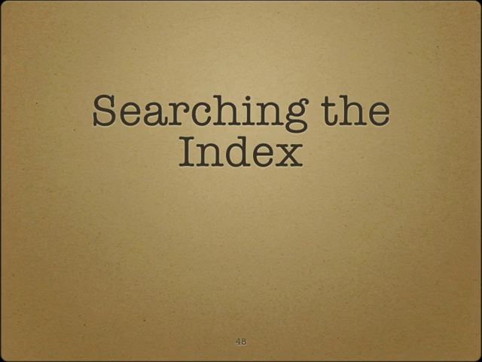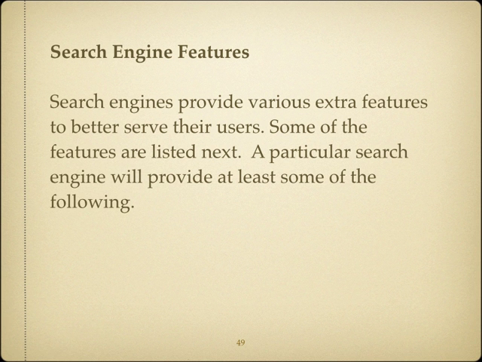Now, we're going to think a little bit about how you search using a search engine. We saw with a directory that you kind of browse through a hierarchical list of categories. And as we know with a search engine like Google, you just put in the things you're looking for. Okay? But there are actually different features. So you can use a search engine in more advanced ways as well.